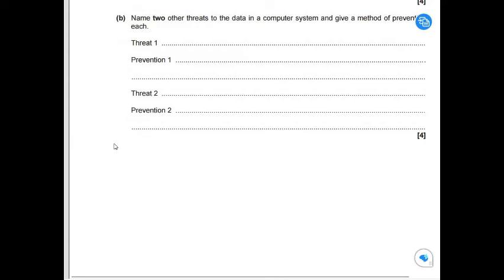Part B. We need to name 2 other threats to the data of the computer system and give a method of prevention for each. So we can't just mention the threats already mentioned in the previous question. Another threat would be SQL injection, where we bolt SQL code onto a system to get passwords or usernames. And how we can prevent that,